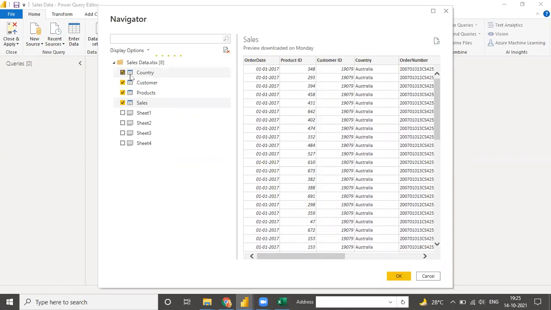Because in Power BI we connect almost 20 to 25 files for one particular dashboard. So for this, you just have to connect with the table only, no need to connect with the sheet. Okay, so any doubt till now, guys, about why we connect the table instead of the sheet? If you have any, you can directly ask me now.